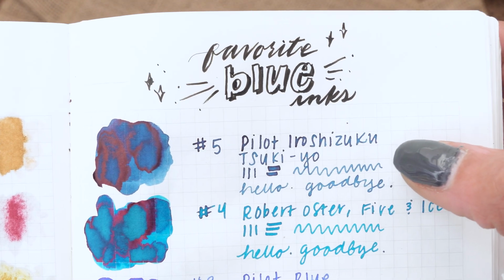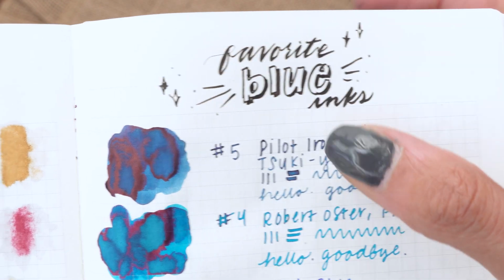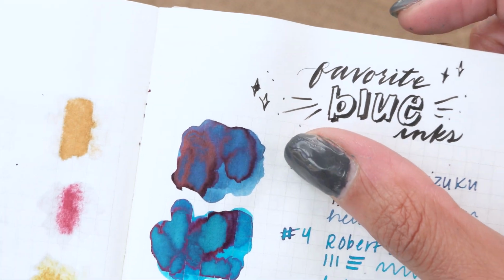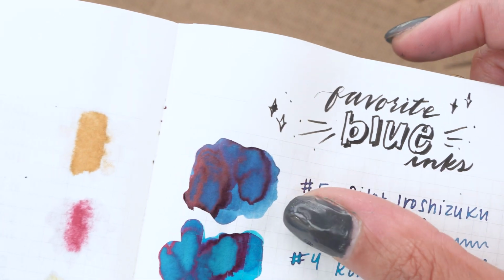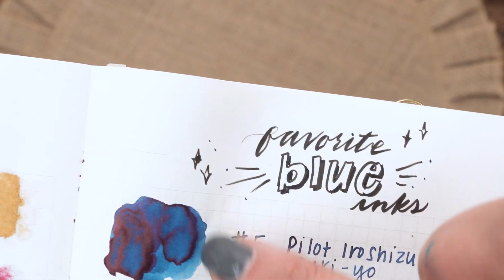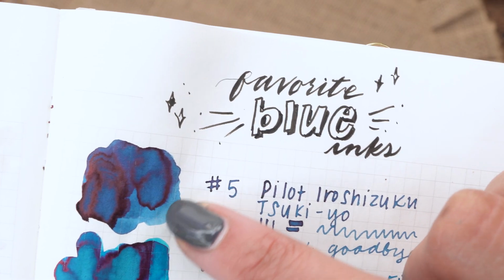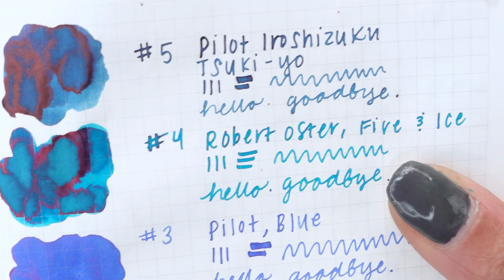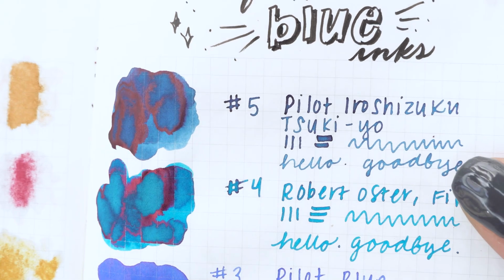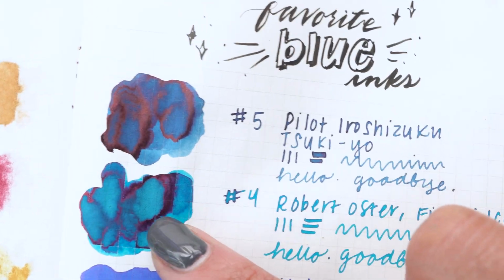So number 5 is Pilot Iroshizuku Tsukio. And we have some sheen here. It's a very dark brownish blackish sheen, and it's just really lovely. This reminds me of like nighttime waves or something. So pretty. Number 4 is Robert Oster's Fire and Ice, and you can definitely see the fiery sheen here with